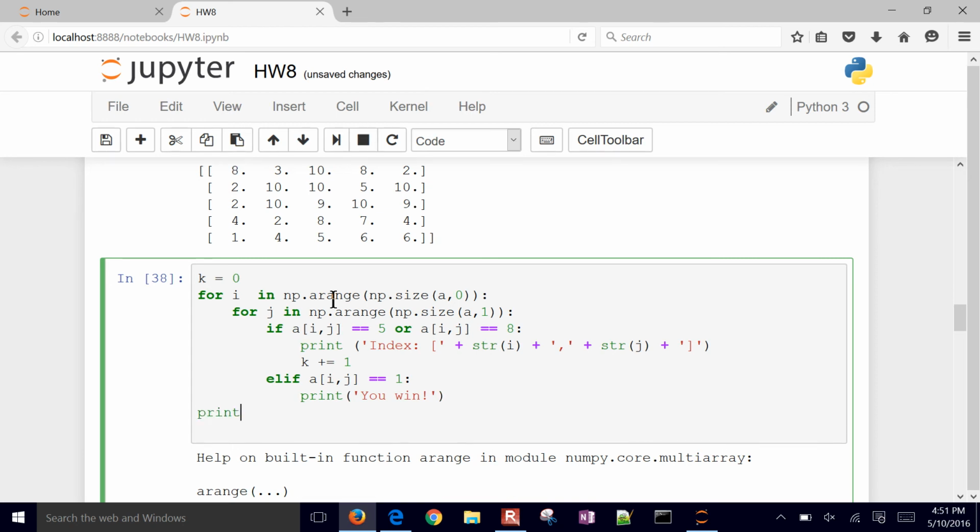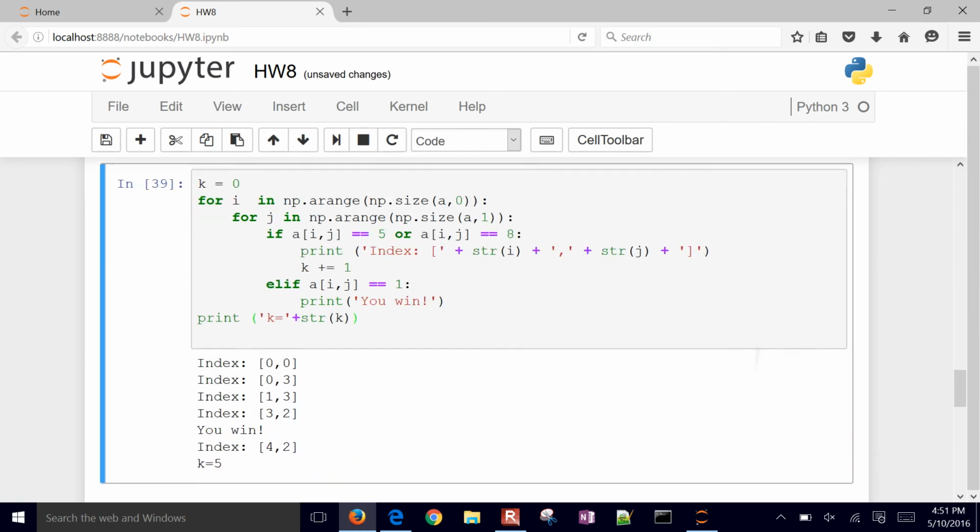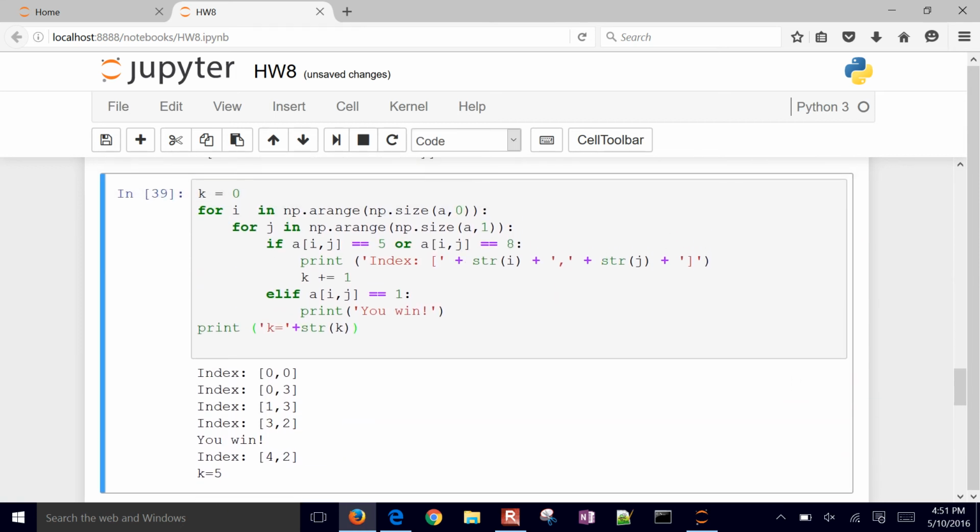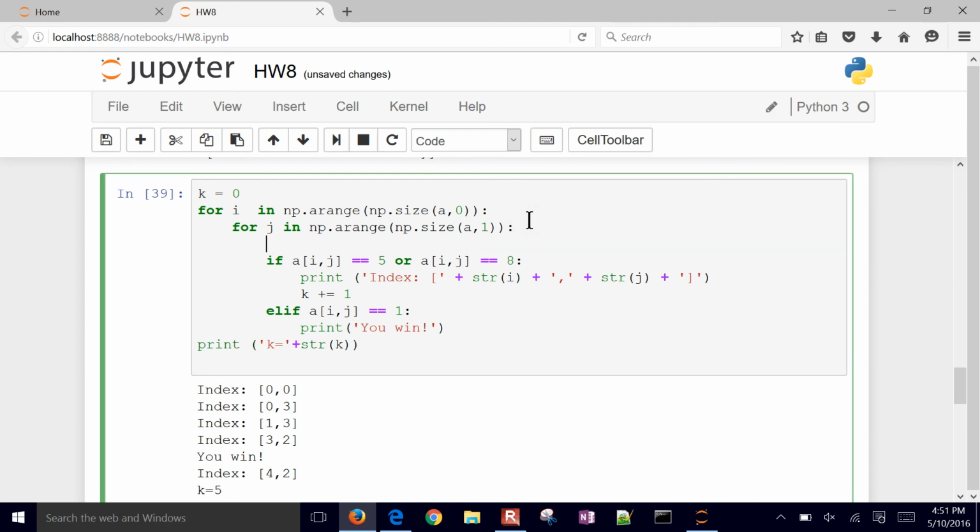And then at the very end, we're going to go ahead and print, make it nice, so k equals, and then plus, we'll make k into a string, and then go ahead and print it. Okay, so there's the results right there. If you want to put in a little help here, you could also say,